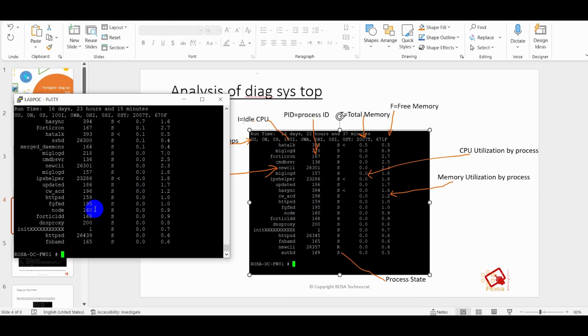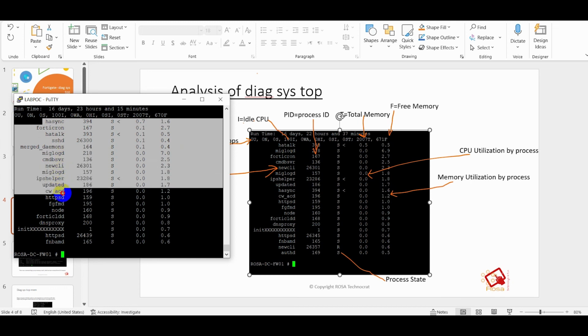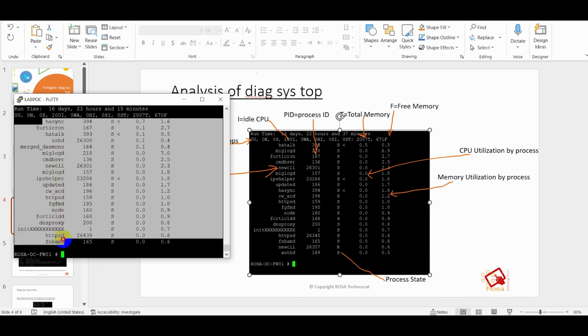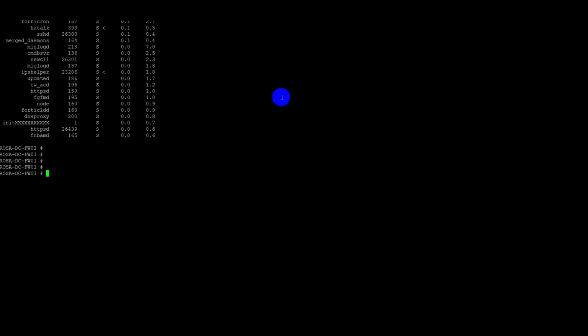As you can see from the output, whenever we run the command, it shows most of the processes, but by default it shows only this number of processes, 1 2 3 4 5 6 7 8 9 10 and so on up to 20. So by default, whenever you run the command, it shows 20 processes. But there are several other processes which are not shown by default by the diag sys top command. So if you want to see other processes, we can use the command, let's say